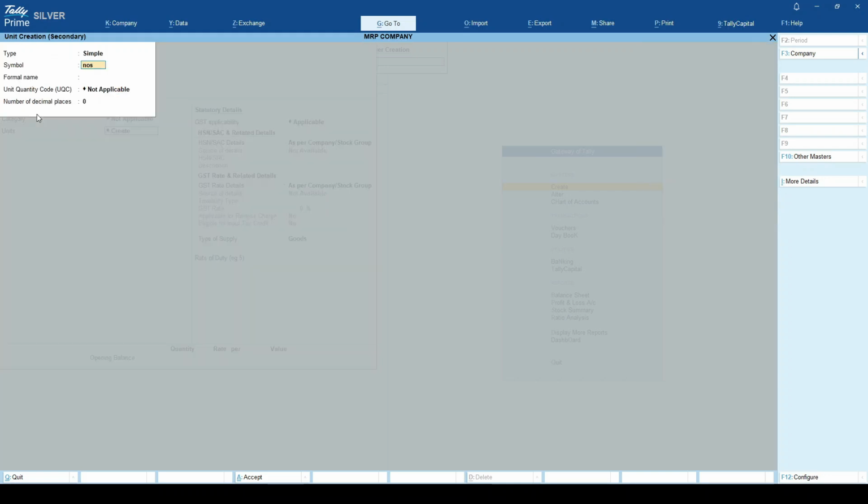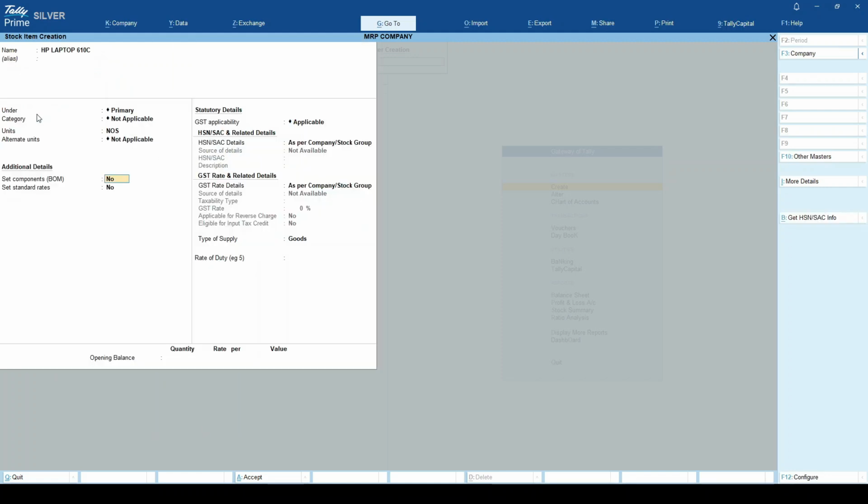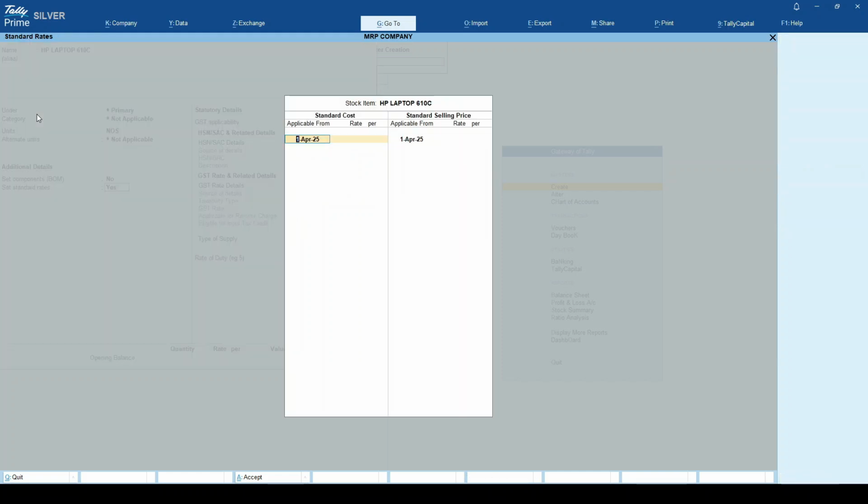We can give here the item unit name, numbers, and the formal name, numbers, and select UQC. And if you want to set standard rates, you can give yes here, and this is the standard purchase cost or production cost